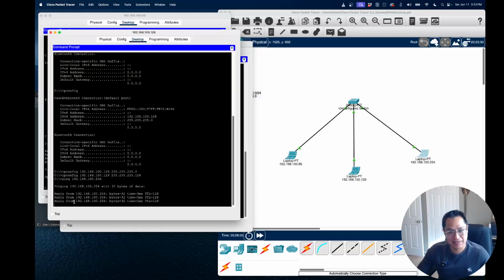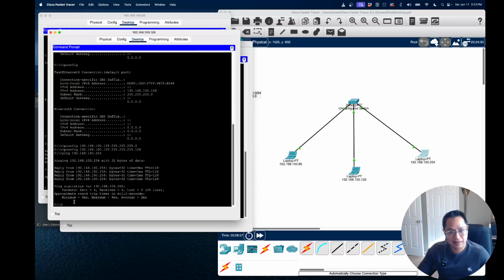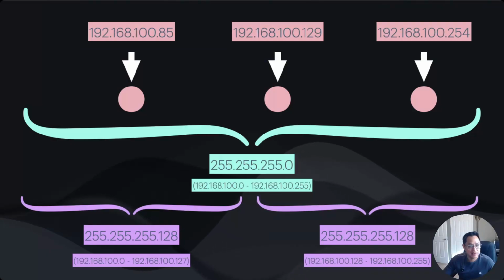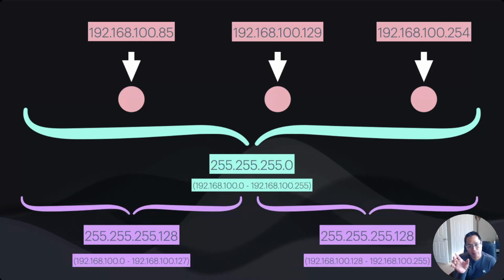Interesting. So as you can see, it works. It can reach that network. Why is that? Well, anything that's not in that network, the laptop will try to send to what's called its default gateway. So in this case, if you look at the bottom where the purple is, if we were to use that